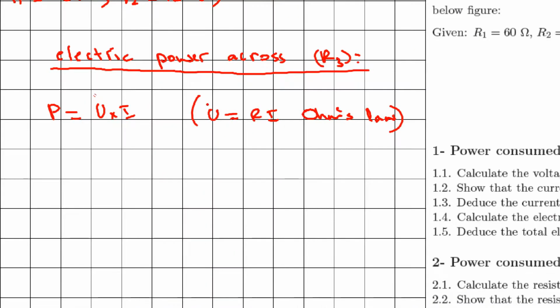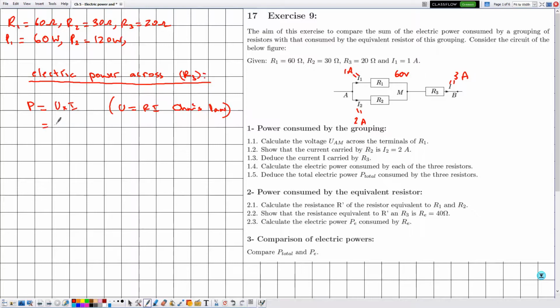So now replacing this expression, we get that this is equal to R multiplied by I times I, which is given by Ri square. So in this case we have that P is equal to Ri square,